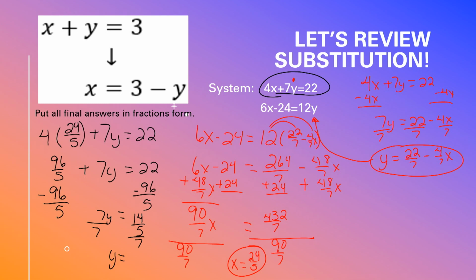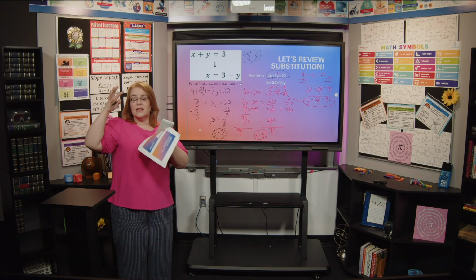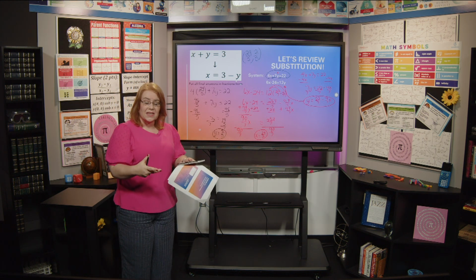So 14 over 5 divided by 7, and I get 2 over 5. So I have got my solution as 24 over 5, comma, 2 over 5, and I found that solution using my substitution method. I'm getting the literal meaning of one and plugging it in to find the exact amount of